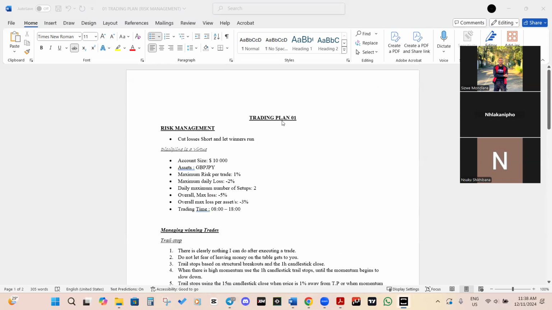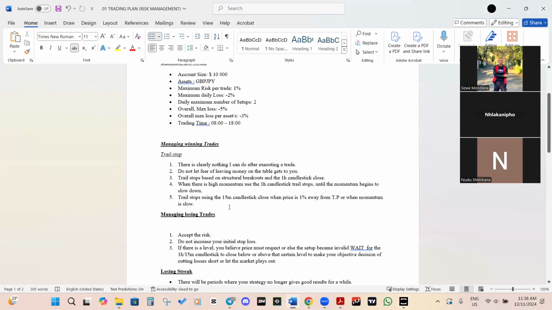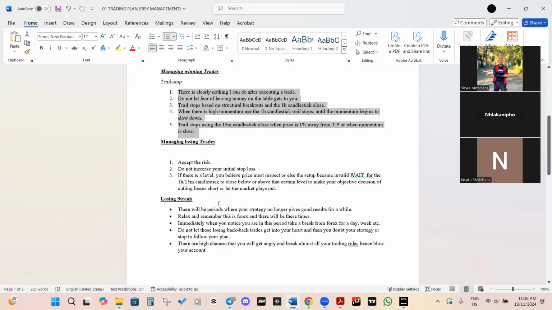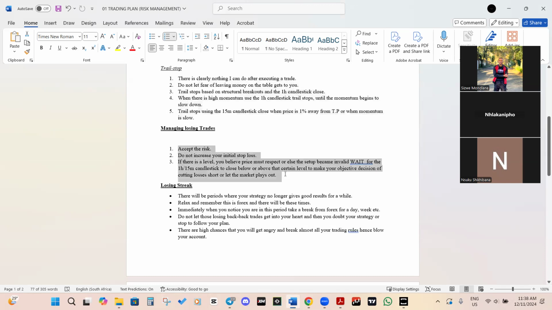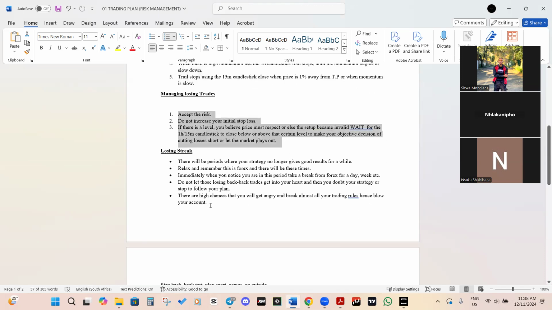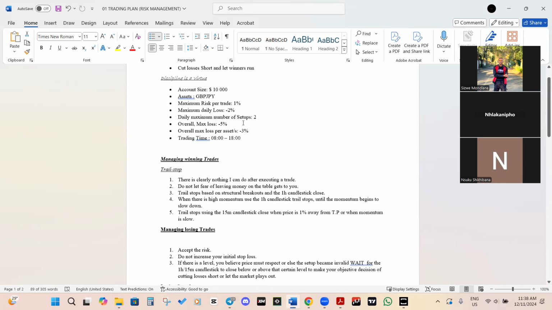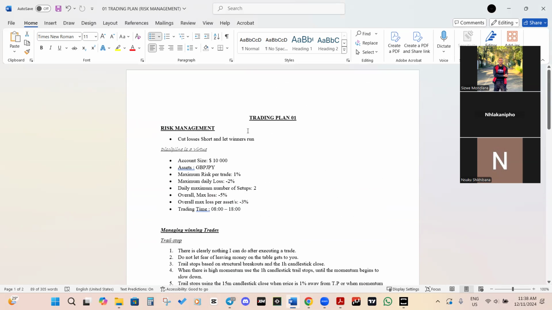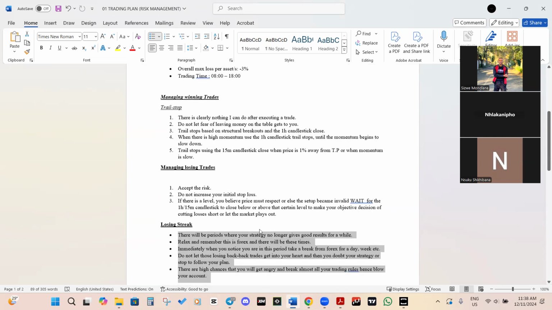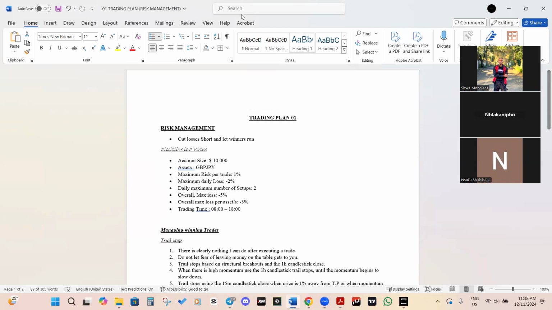All right, I'll send you this journal. I believe that these rules will change based on how you are trading. You'll just be experiencing these things when you're journaling and writing them down, and then you'll be changing them. This is just a template from my side, because my risk tolerance won't be the same as yours, but this is a template to guide you to develop your own. So I'll send you this one and then we'll end this session.